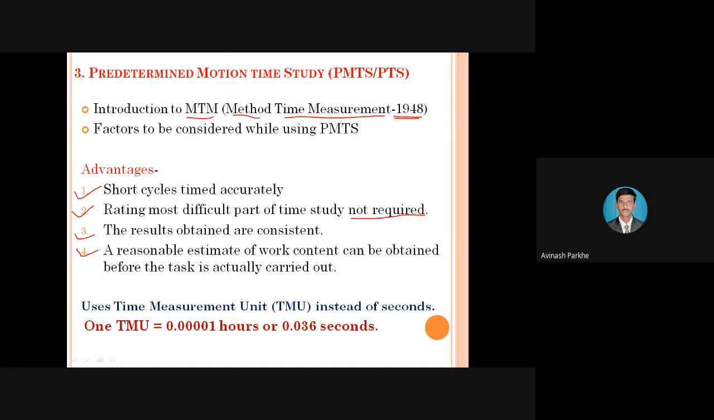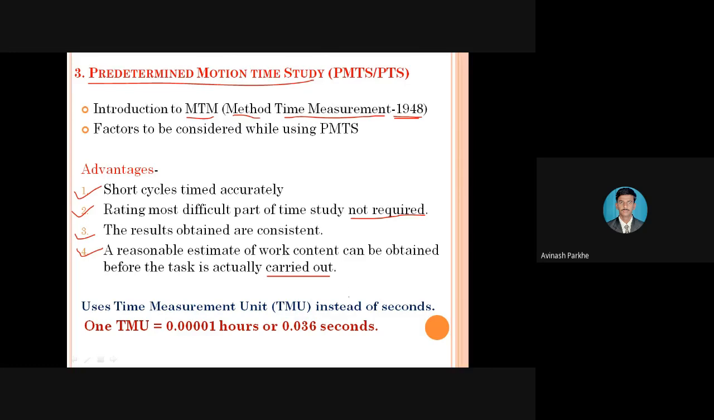And the last important advantage is that a reasonable estimate of the work content can be obtained before the task is actually carried out. I have given the example. Before starting your activity, your task, your machine, your job, whatever rough value I am giving, this PMTS plays a very important role. The rough value I am giving is not given by the operator, it is not given